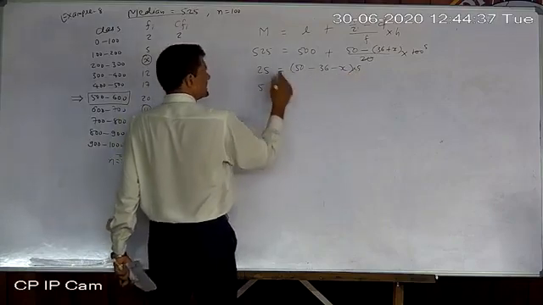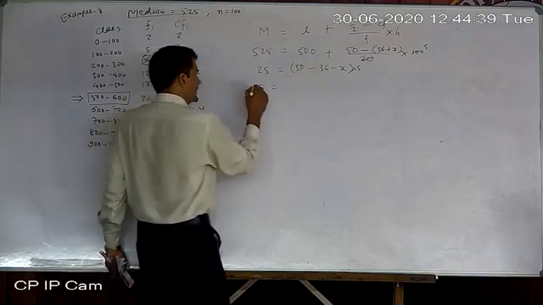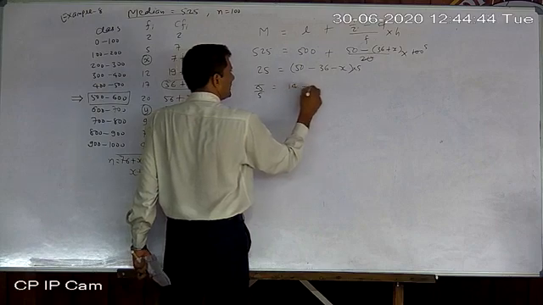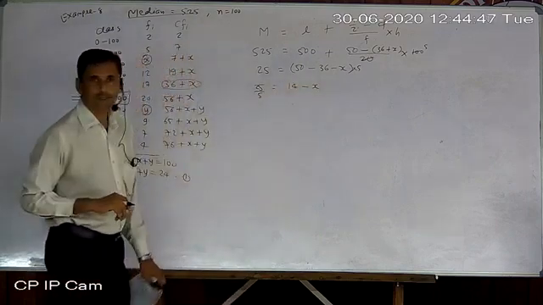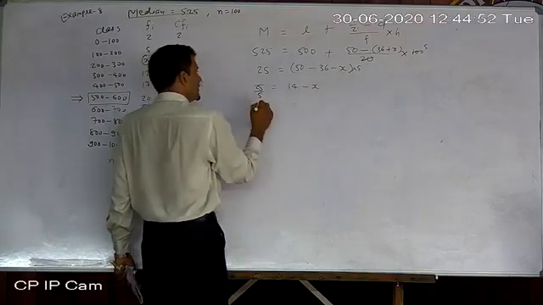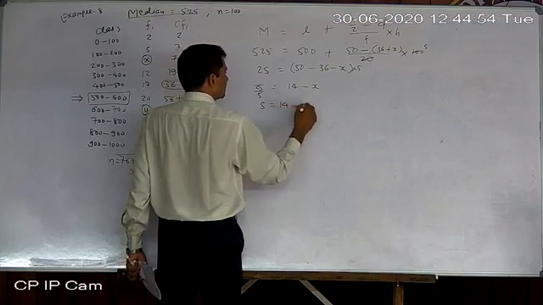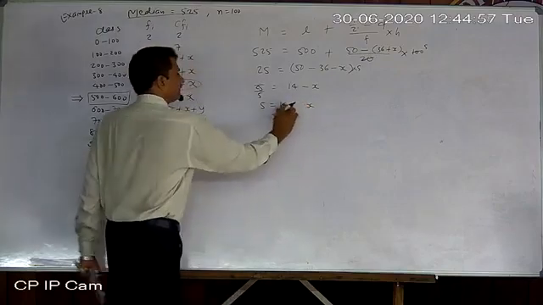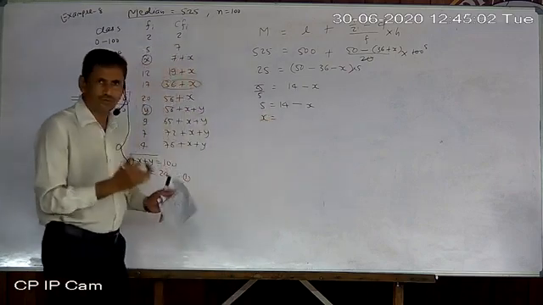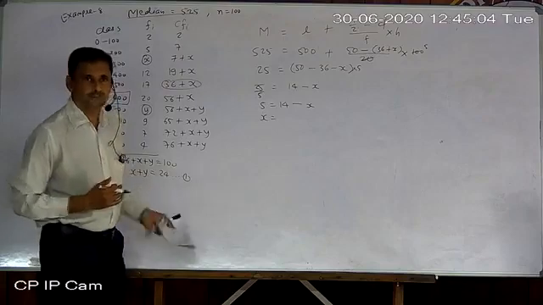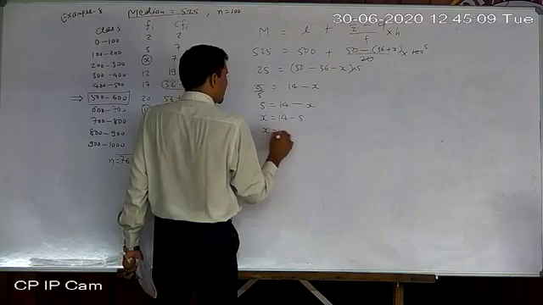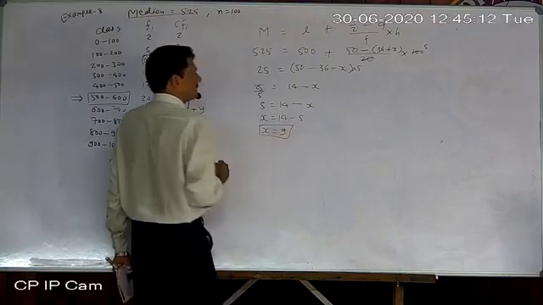So it will become 25 upon 5. So here is left 50 minus 36, 14 minus x. Okay, 50 minus 36 is 14 minus x, and 5 is shifted here only. So 5 equals 14 minus x. Just shift x here. Why? Because it is negative, so for converting it into a positive sign, I shifted it here. So it is 14 minus 5, so x becomes 9. So that is our first equation.